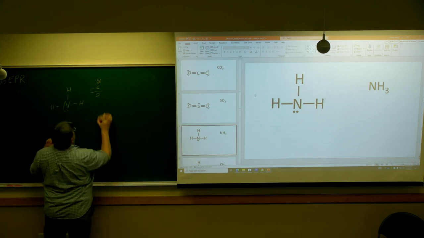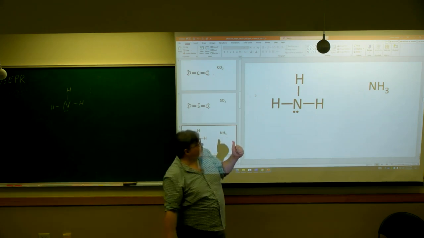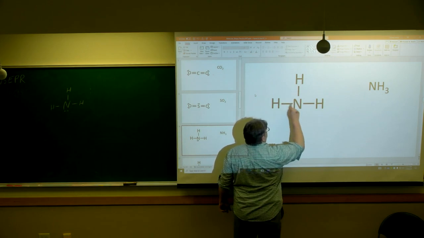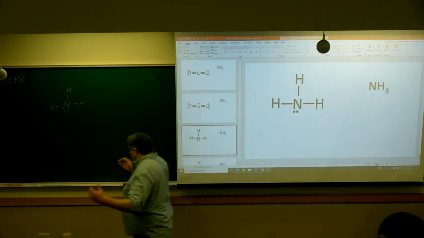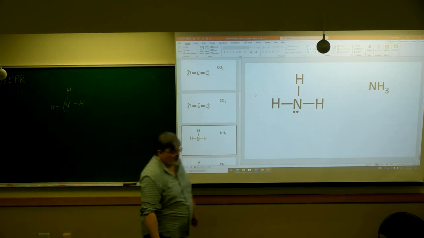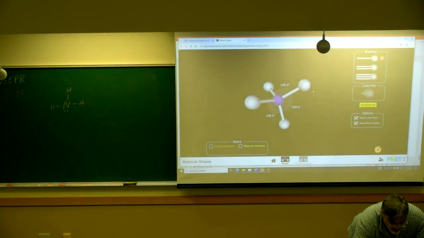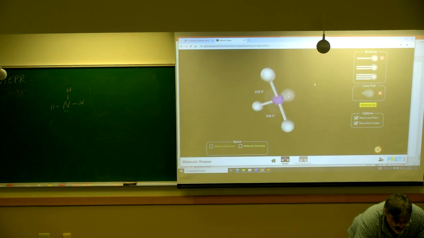Now, how many electron domains do you see? 4. There's 4. 1, 2, 3, 4. So you're going to go, okay, 4 electron domains. It's tetrahedral for electron domain, still 109.5. But now we have one of those domains to ignore. That's what we have. It's still essentially tetrahedral. But now if you try to ignore that pair of electrons and try to come up with a shape for this,